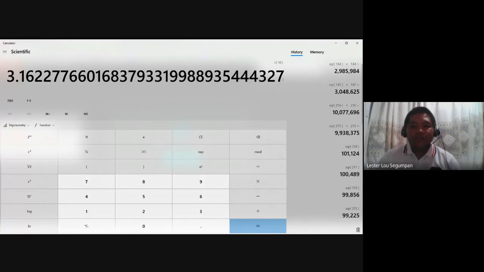As you can see, none of it repeats a pattern. It doesn't end here, because we're talking about irrational numbers. Round it off into one decimal place. Round it off to an integer, the value is 3. Round it off to the nearest tenths, that's 3.2. And round it off to the nearest hundredths, that's 3.16. So you may check using that one.